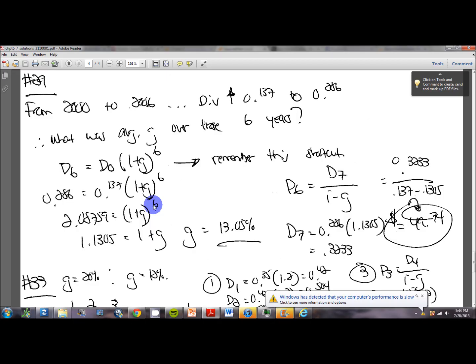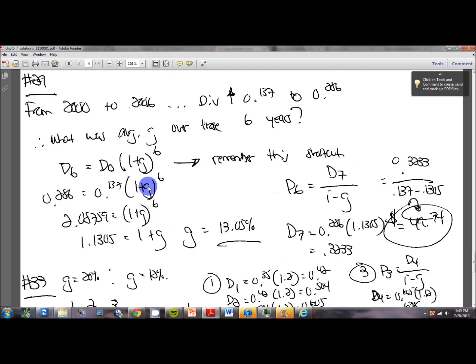You may not remember this, but when you take the square root of something, that is the exact same as raising it to the 1/2 power. So, in other words, to clear an exponent, you have to raise it to the reciprocal of that exponent. To clear something that is raised to the 6th power, you have to take it to the 1/6 power. To do that with our calculators, you have to mechanically figure out what 1 divided by 6 is,